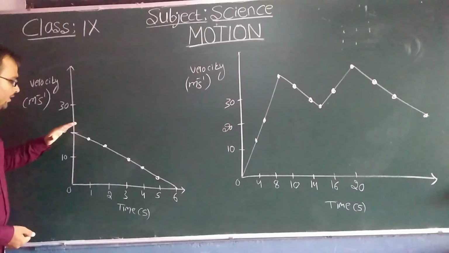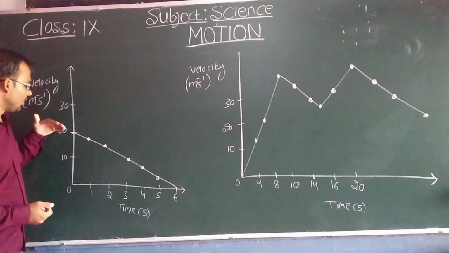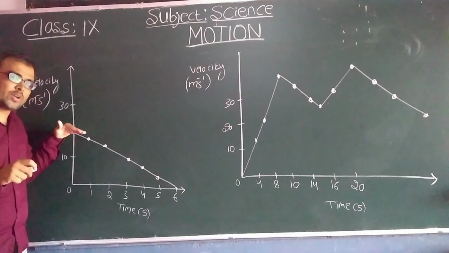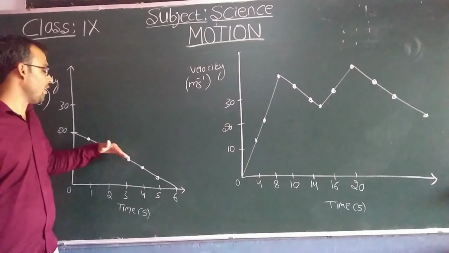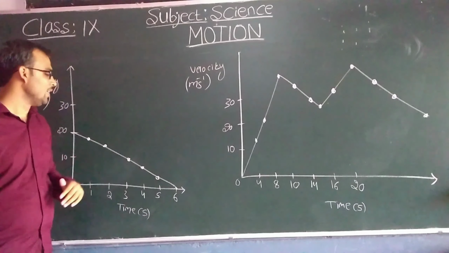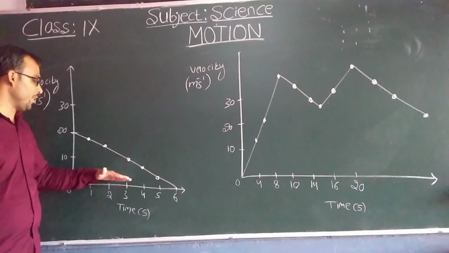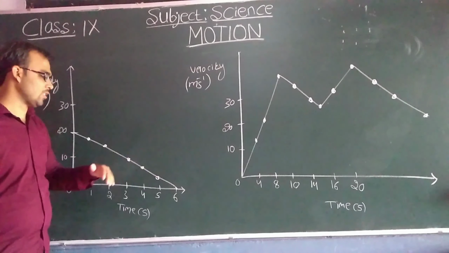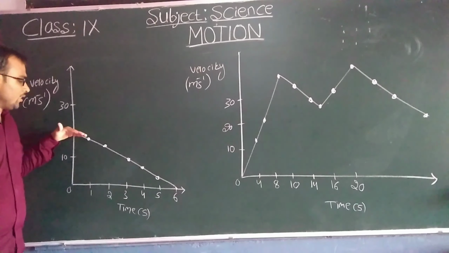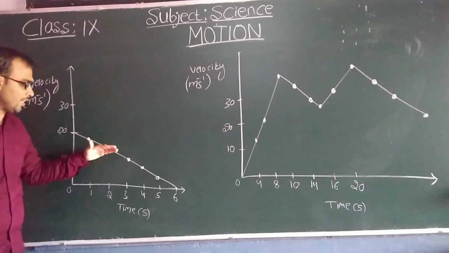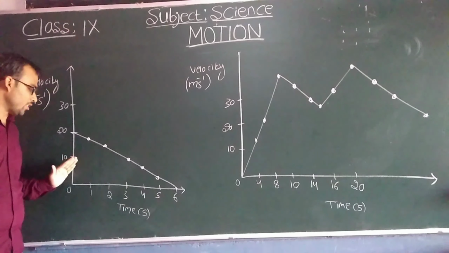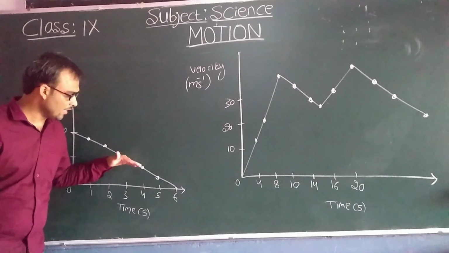So in this graph, you can understand the motion of an object. You can tell that the acceleration of an object is decreasing. The acceleration of a car or an object is decreasing with the time. As the time increases, the acceleration of the car decreases. We can say that the acceleration of the object is decreasing, as the slope is downwards now.